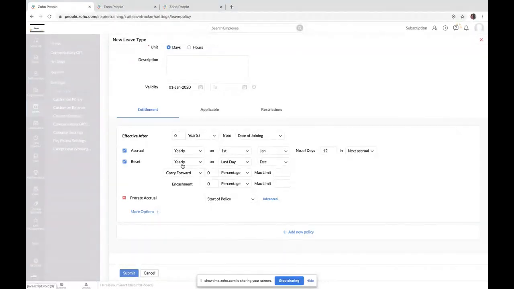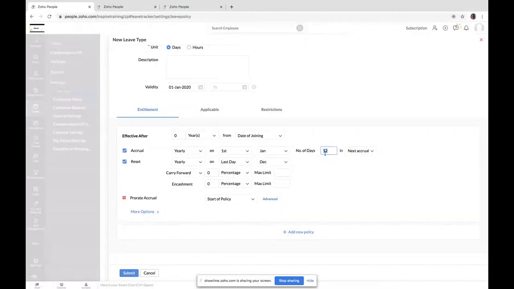If you have a carry forward option which is to be enabled, you can provide the carry forward amount and then the encashment option as well. Say of 12 days that you provide to your employee, the remaining balance is 10 days. Whether the 10 days of leave balance should be carry forwarded or should be encashed or should be reset can be defined here.